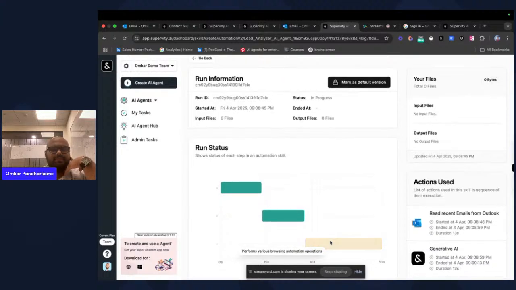Let's wait again. I hope this time it's not going to save in the file. Otherwise, we have to really be strict with the AI agent. Okay, it is still browsing.